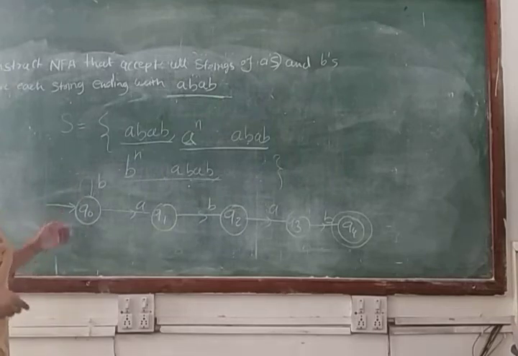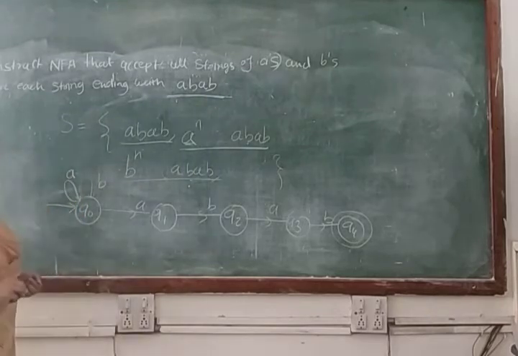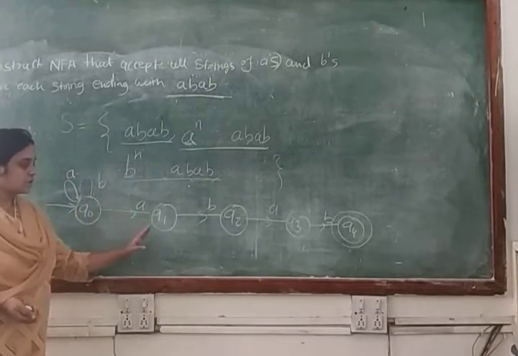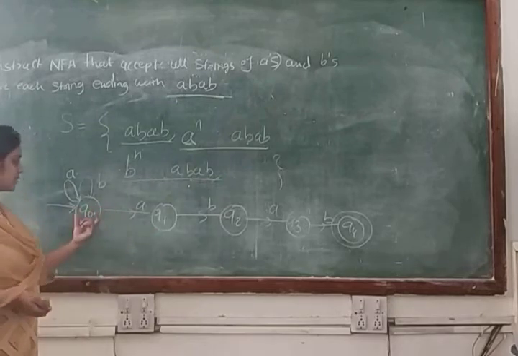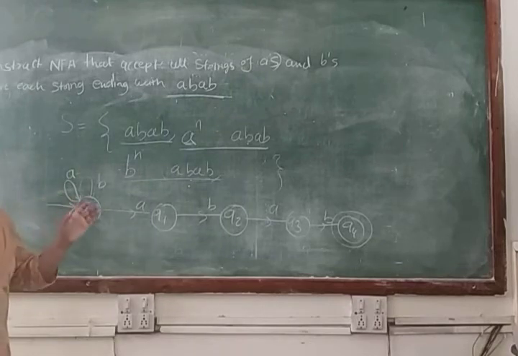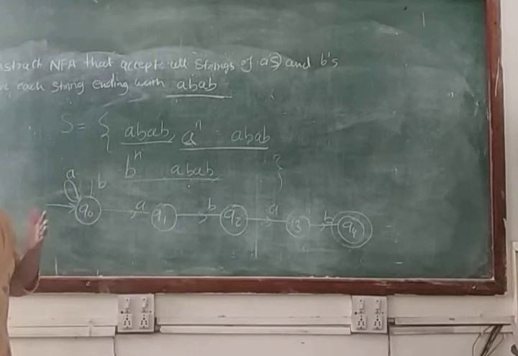So here again we will make a condition for the input symbol A, a self rule. Clear? Because in NFA multiple transitions are allowed. We have a transition for input symbol A. Again, we are making a transition from the state Q0 in the form of a self rule. Why? Because in NFA we can make multiple transitions, but we cannot define this in a DFA machine. We cannot make this type of transition in a DFA machine because multiple transitions are not allowed in a DFA machine. But in an NFA machine you can make multiple transitions.